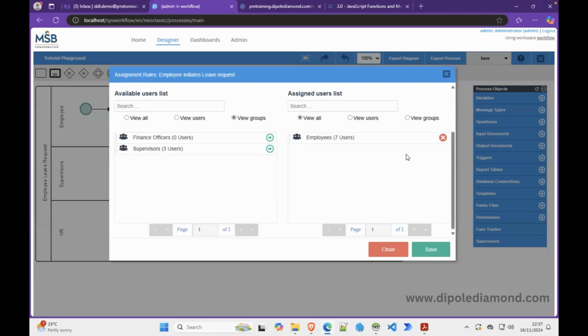And as such, all you now need to do is to add the necessary persons to those groups, and your process is fine. So whenever a process is imported into another ProcessMaker instance, the user assignments are discarded and the group assignments are preserved. Okay, so for the first task, the employee initiates leave request, we're going to assign the